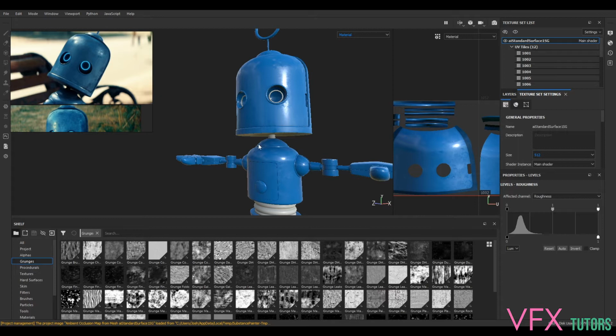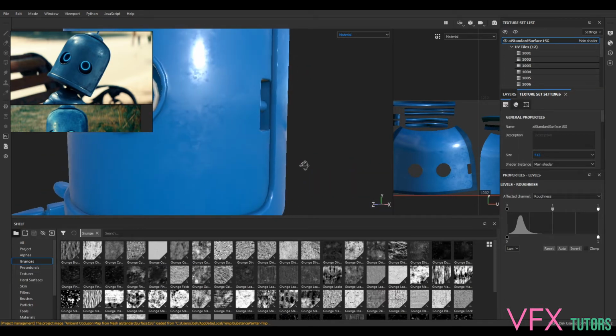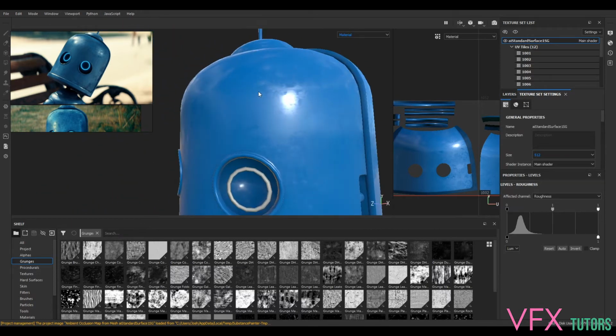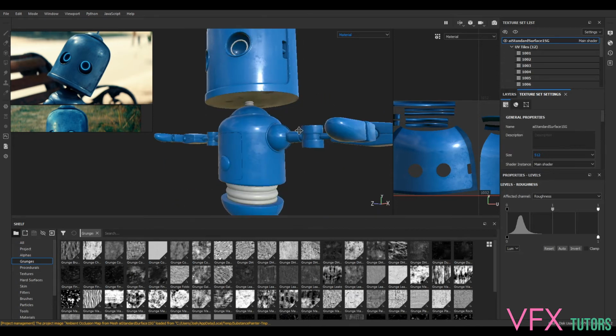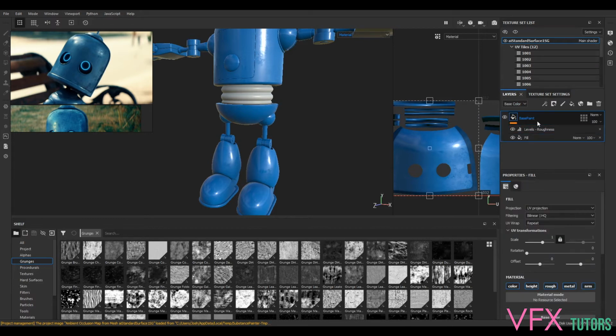Cool, so we're just going to be carrying on. In our previous one, we just made this really basic, nothing fancy painted layer with a bit of roughness on there, because we don't want to try and attack this all in one layer. We want to do it in multiple layers. So we've got our base paint,